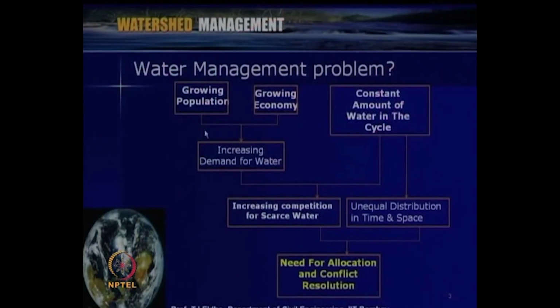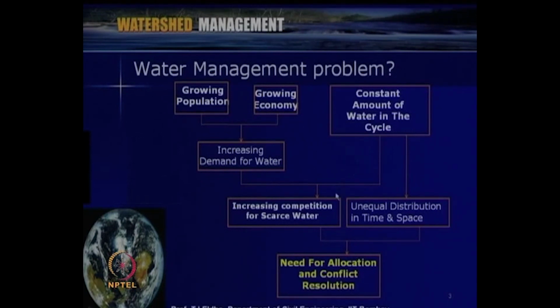management. So, as we discussed, water management is a big problem, either at watershed or river basin scale, due to various reasons like growing population, growing economy and various ecological and other needs. And then of course, as we discussed in the previous lectures, the availability of water is almost a constant amount in the water cycle. So, to meet the increasing demands for water due to the growing population, developmental activities, growing economy and other things,